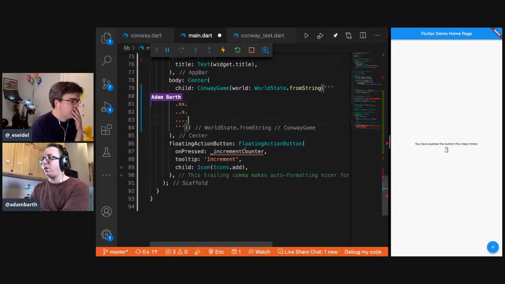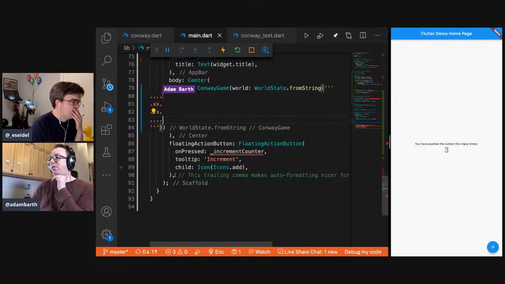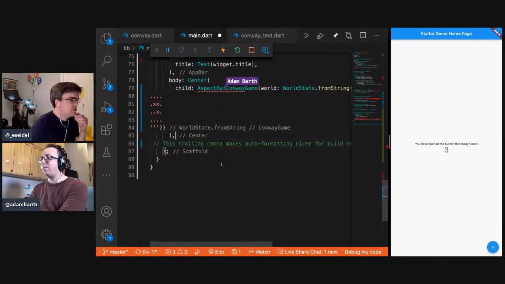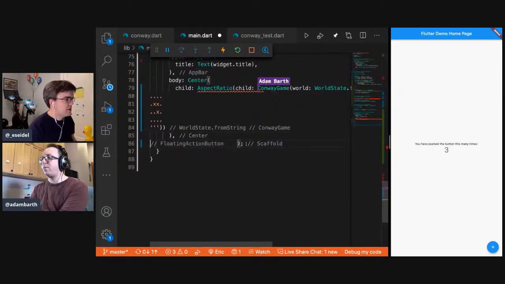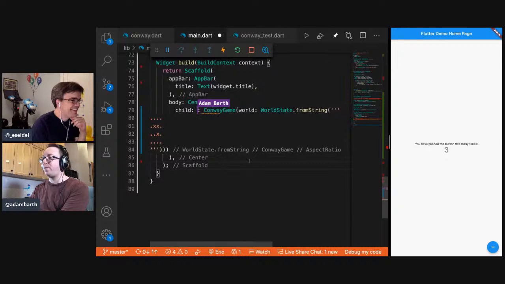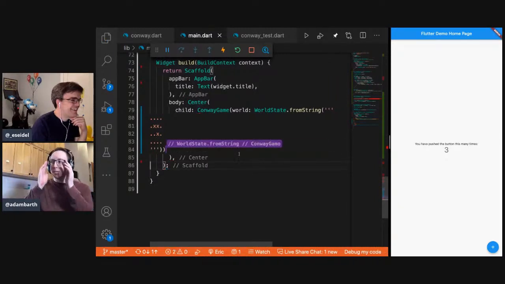Okay, and then we can remove our floating action button. Get rid of this white space, unfortunately. You put inside an aspect ratio to make sure it's square. I think we should just try it, see how terrible it looks. We're doing a lot of this compiling in our head, and our viewers may not also be compiling it in their head. Sure.